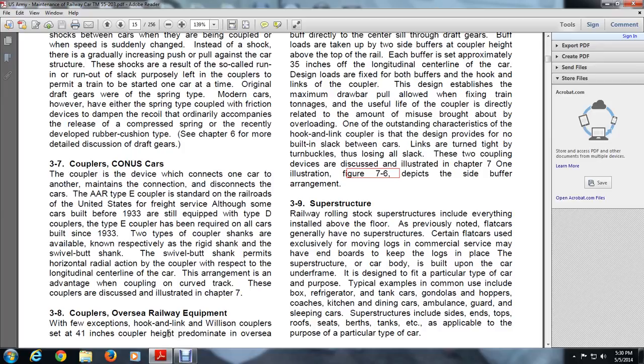Two types of coupler shanks are available, known respectively as rigid shanks and swivel butt shanks. The swivel butt shank permits horizontal swinging action of the coupler relative to the longitudinal center line of the car. This arrangement is an advantage in coupling on curved track. These couplers are discussed and illustrated in Chapter